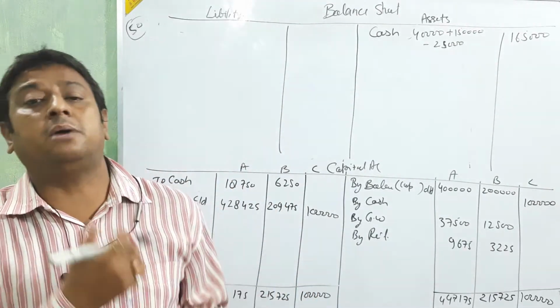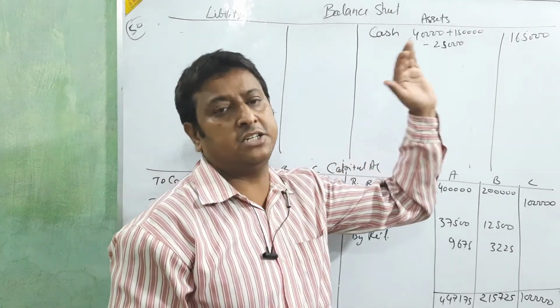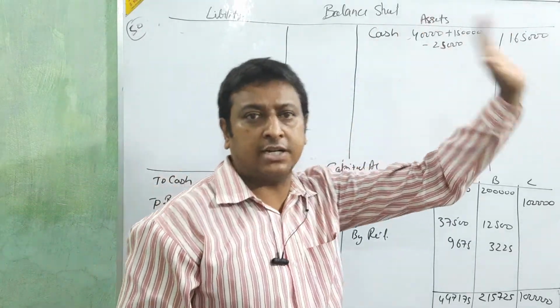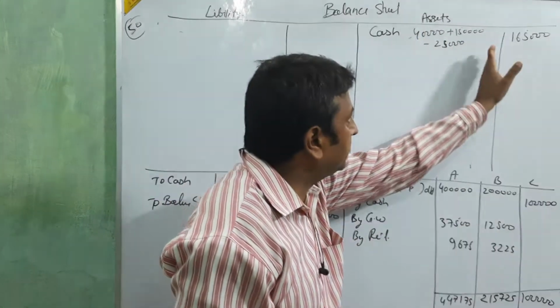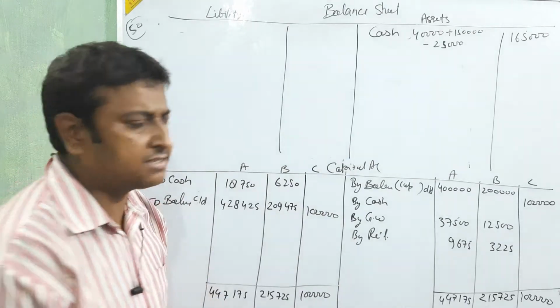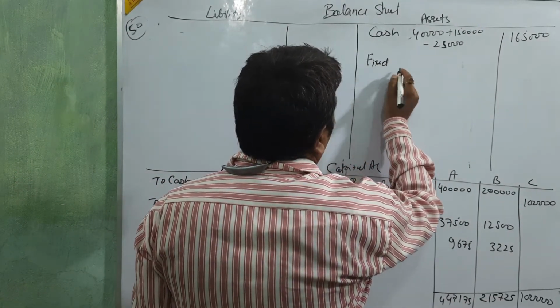Just take the full help of your old balance sheet, and see in the question what type of changing is coming in the assets. On this basis, you are going to change the assets. Cash 40,000, 1,50,000 coming in, and 25,000 going from the business. So 1,50,000 add and 25,000 less.